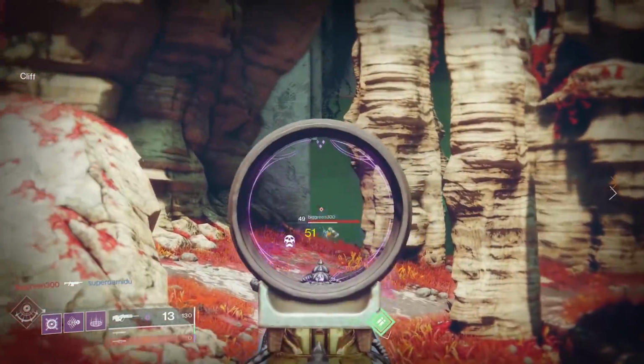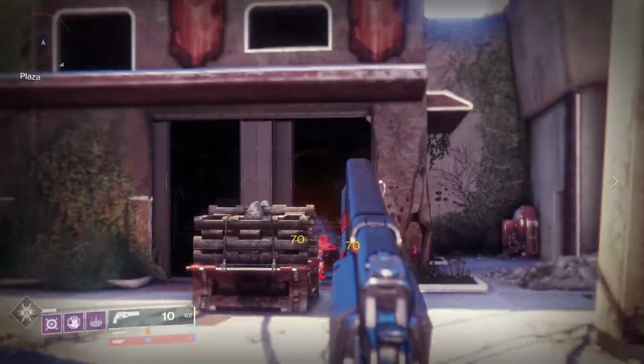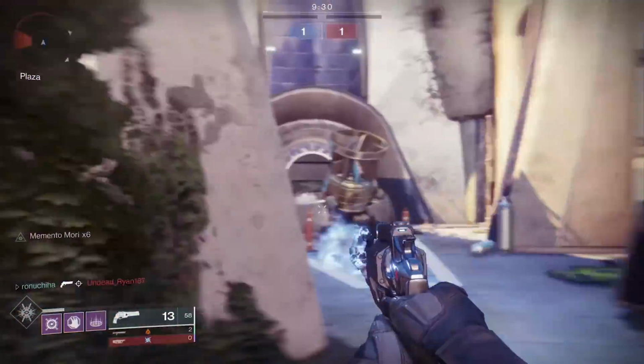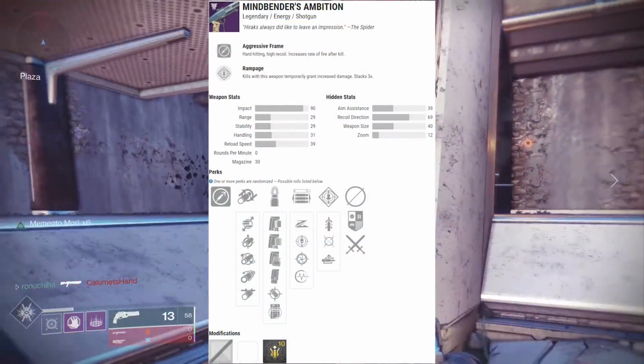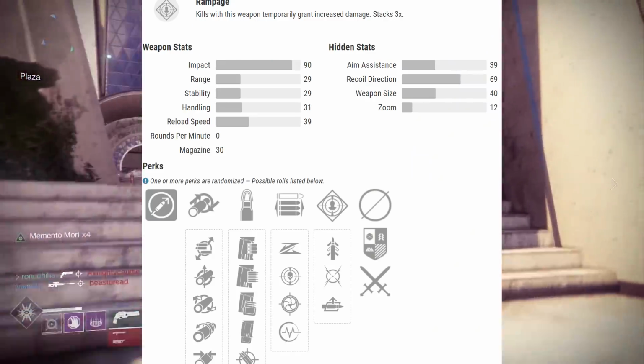Next on this list is arguably one of the best shotguns in the game, Mindbender's Ambition. You can receive this by doing the Nightfall Strike, the Hollowed Lair. I tried to get it last week, boys. No luck. But the enhanced version here rolls with an upgraded masterwork for range, rifle barrel, steady rounds, opening shot,